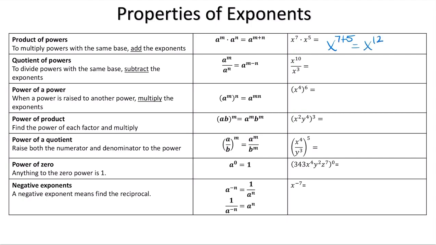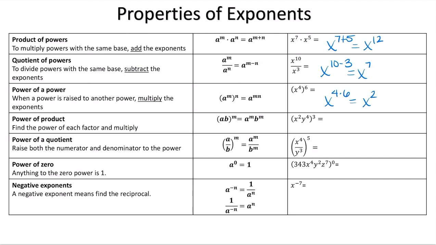to the 12th. When we divide powers with the same base, we're going to subtract the exponents. So x to the 10th over x cubed becomes x to the 10 minus 3, which is equal to x to the 7th. When we take a power and raise it to another power, we're going to multiply the exponents. So x to the 4th to the 6th is going to be x to the 4 times 6, which is